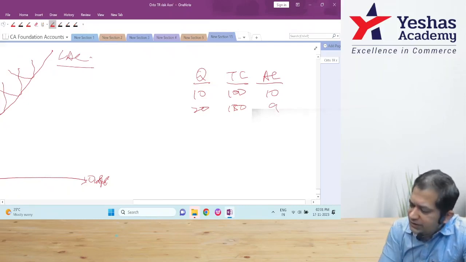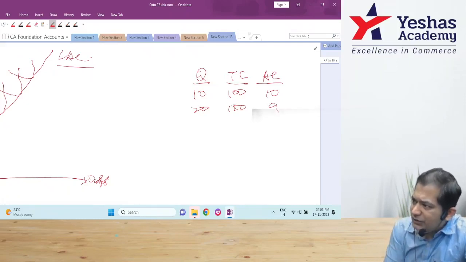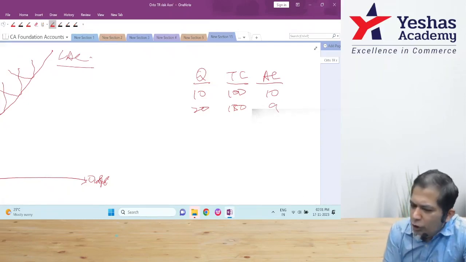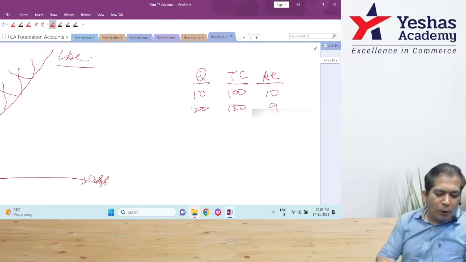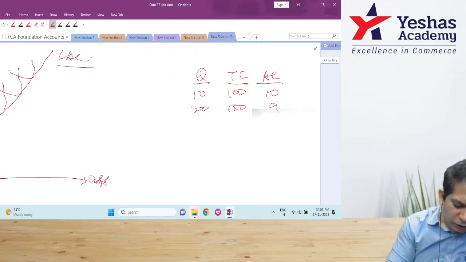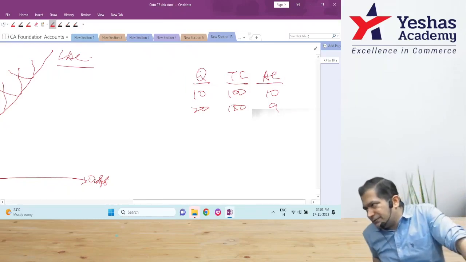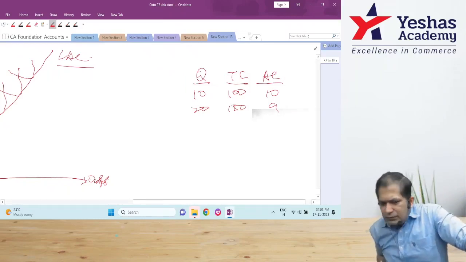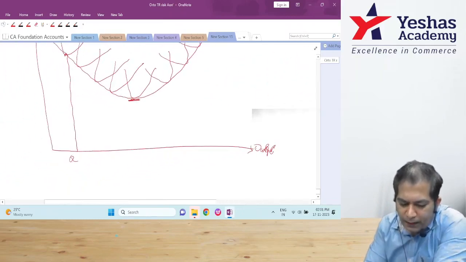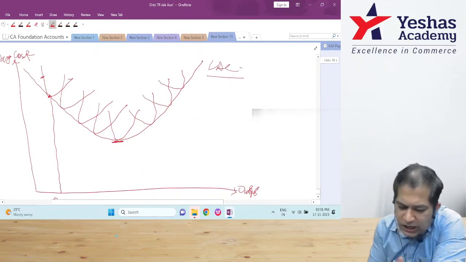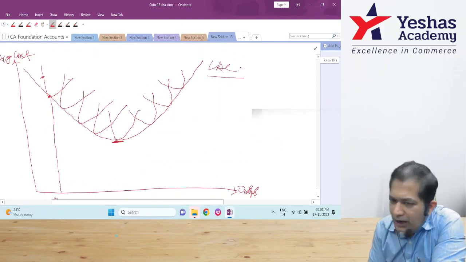Well, total cost is increased, but due to better utilization, it has increased at a decreasing rate, due to which the average is falling down. So don't you think it is important for every businessman to produce at the lowest of each SAC curve? Correct? Correct. Now, after you reach this lowest point, what will happen? If you keep using this plant and produce more,